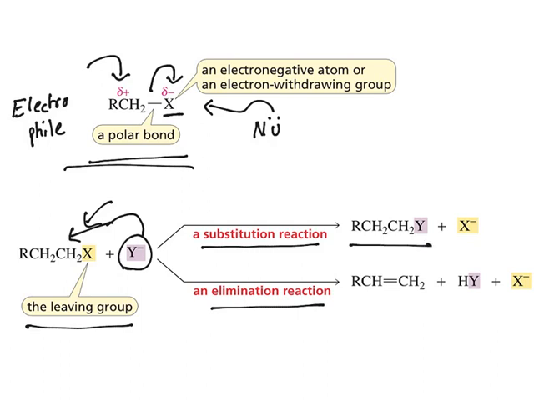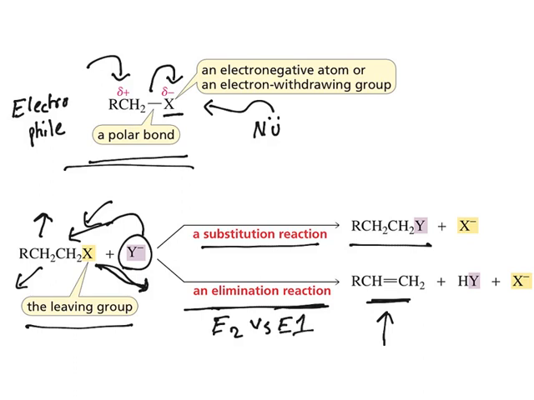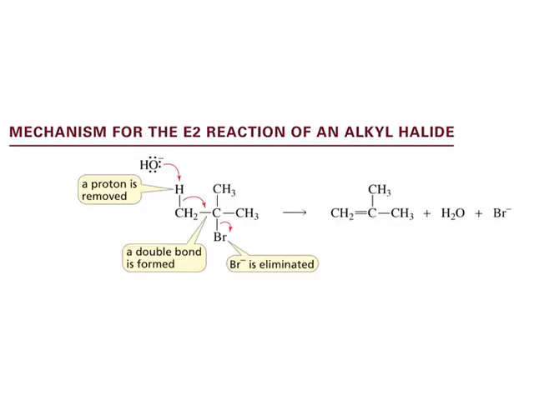The other type of reaction wherein this leaving group goes and a proton also eliminates, that results in the formation of a double bond. This is called as elimination reactions because the leaving group as well as a proton, both of them are eliminated, hence it is called as elimination reaction. In this video I am going to explain about elimination reaction types and mechanisms. Now let us see about E2 reaction mechanism.